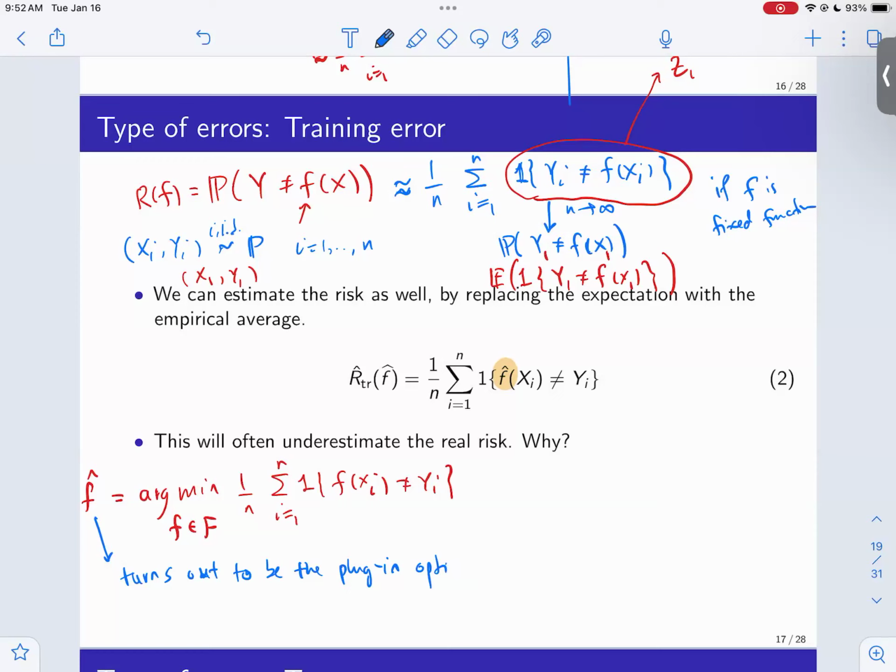Okay, so the issue is that in practice, in this case there are 4 functions, but in the continuous case, imagine for a minute that we have a continuous space. Then the space of functions is infinite dimensional. There are infinitely many functions. And then I can really find a function that makes this 0 for every basis. Basically, I can find a function that maps all the xi's to the yi's. And so I can make the training error exactly 0.